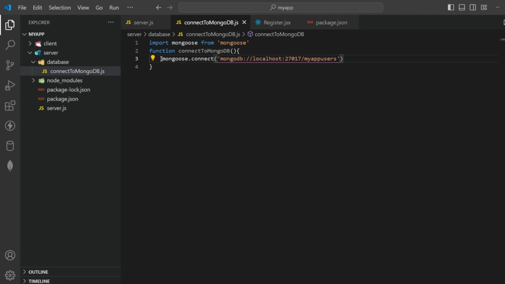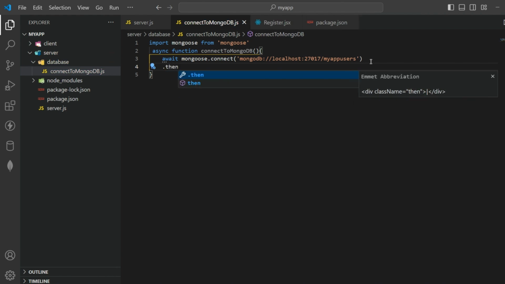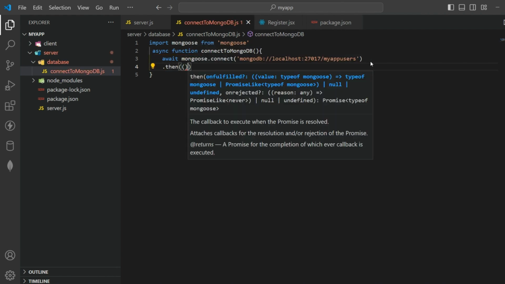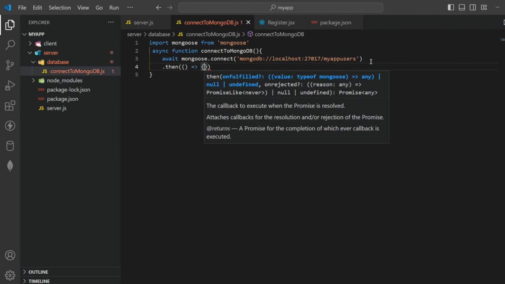Since it returns a promise, we have to await it. Since we are using await, we have to make this function asynchronous by using the async keyword. So to know whether our MongoDB is successfully connected or not, you can simply use the then method, and then inside this